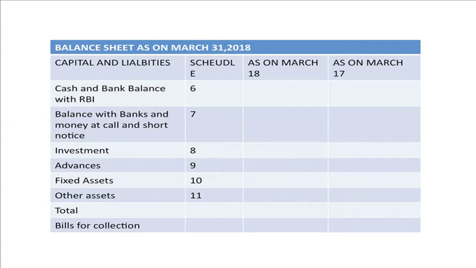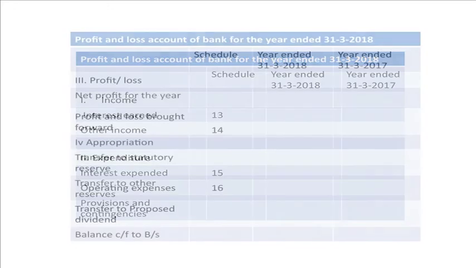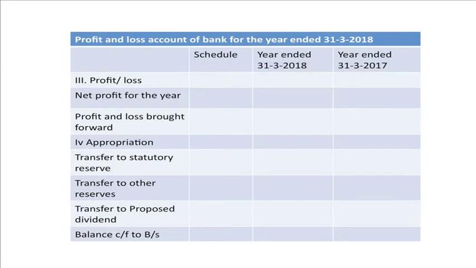This is the format of the balance sheet. In the format of the P&L, income: interest earned is schedule 13, other income 14; expenditure: interest expended schedule 15, operating expenses 16. Provisions and contingencies would be reflected on the face of the P&L and a working note will be prepared for it. Then net profit for the year, we will add brought forward P&L, that is the previous year's profit. Then appropriations will come: 25% of the current profit would be transferred to statutory reserve,